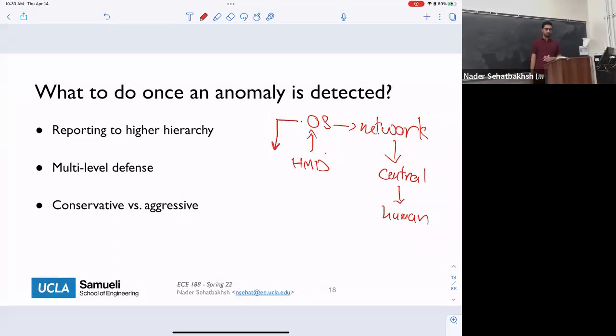There are multiple ways of detecting and reacting to this problem, but as I said, it usually involves reporting to some higher-level hierarchy. Even when it goes to a human, it could be an IT person who just gets this message. That person can also go up the chain of command in their company and so on. They call their manager, the manager calls their manager, and so on.